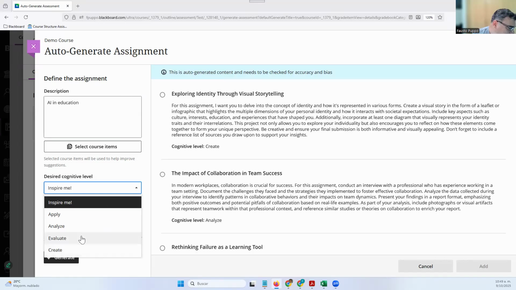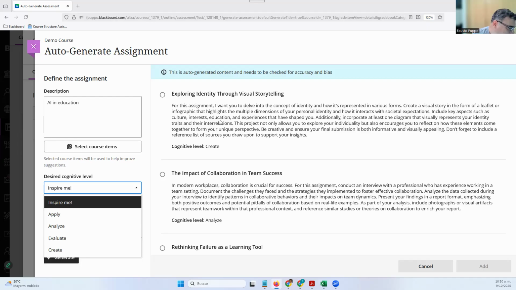So you have analyze, evaluate, and create, which are at the top of a pyramid, fourth, fifth, and sixth levels, respectively, and apply, which is the second level. The first two, remember and understand, are probably a bit too basic to generate a really good